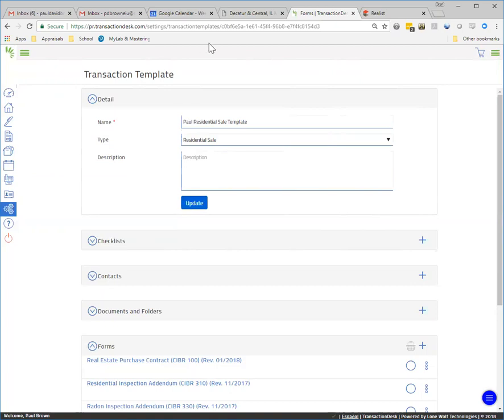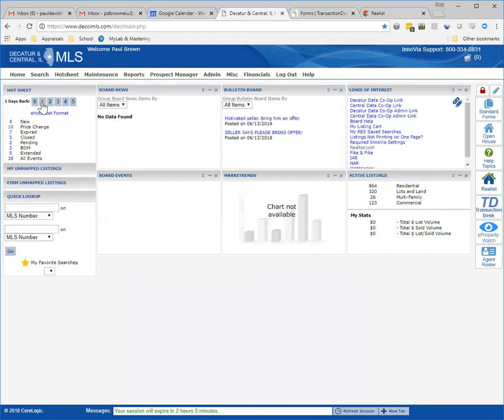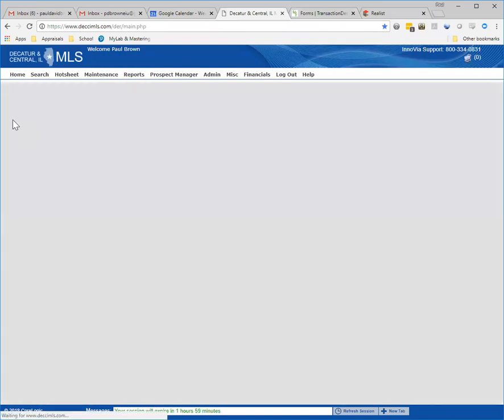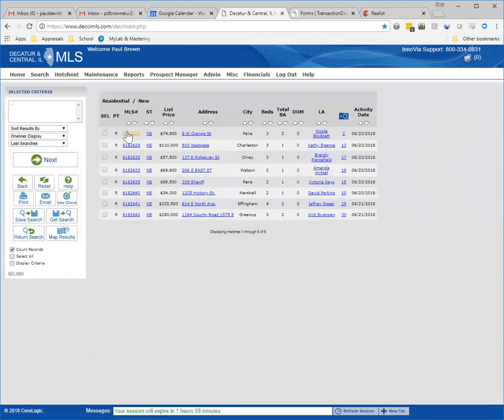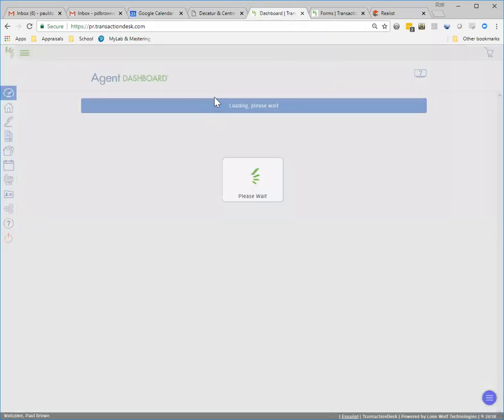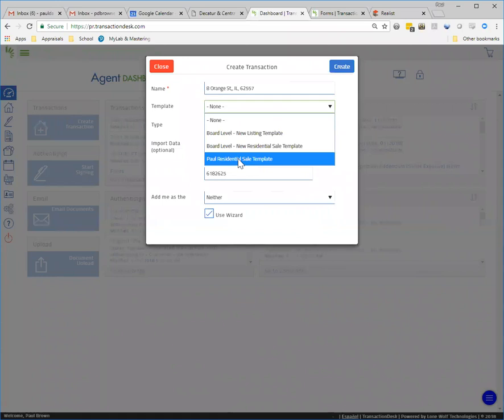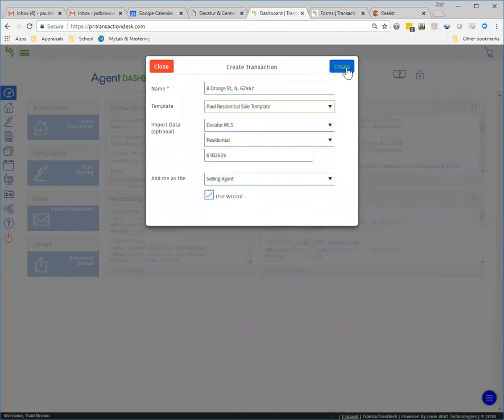And then what you will see is anytime I create a new transaction now, so whether that be from the MLS, whenever I'm on a listing sheet, so if I jump over here, and for instance, I'm on this listing, and I'm going to create a sales contract for that because this is a sale. If I were to come here, do the transaction desk icon, I will now see in that create transaction option for the template, I've got Paul residential sale template. And if I choose that,